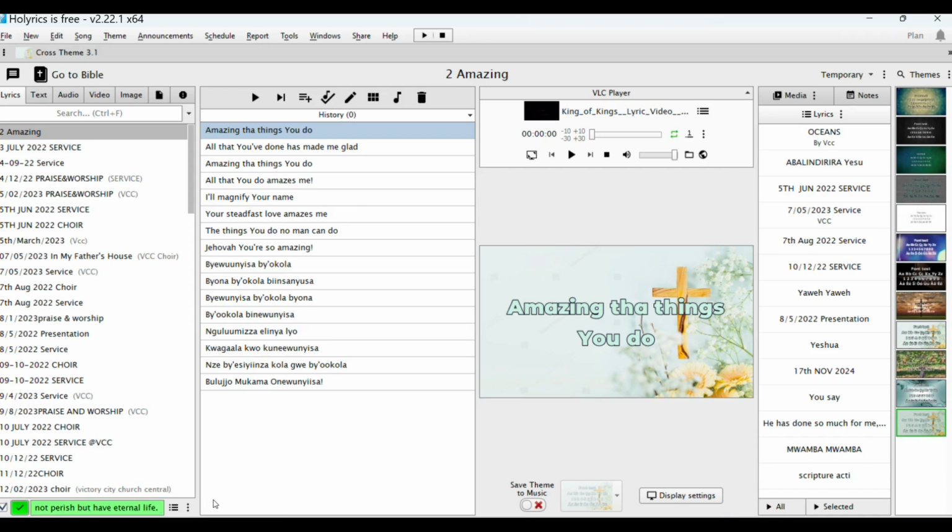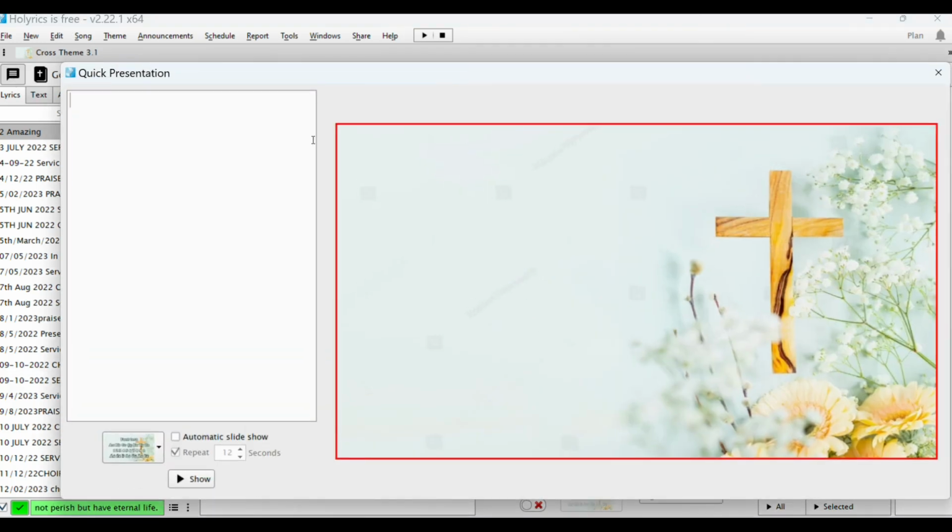You can see that the whole of this is appearing green, so that when you display, for example, a song, this is how you display it. For example, when I come here to announcements, I say